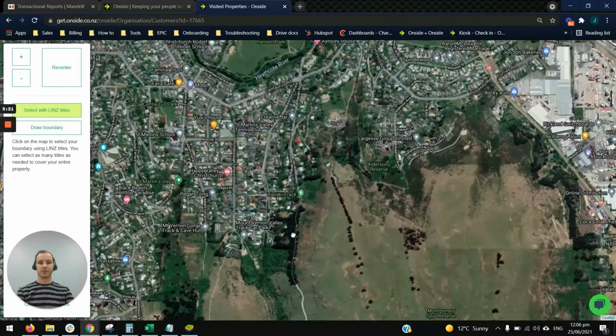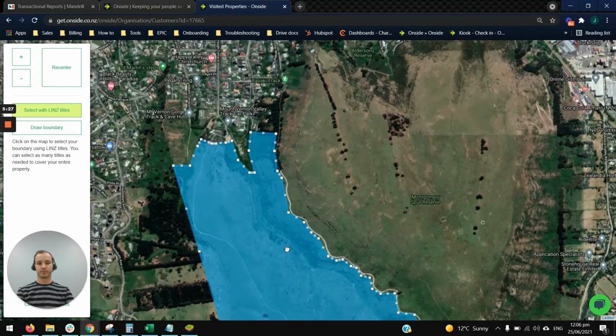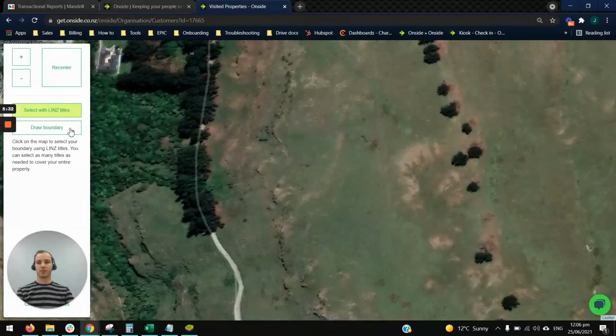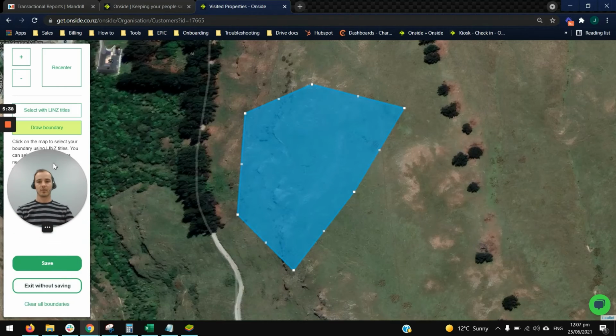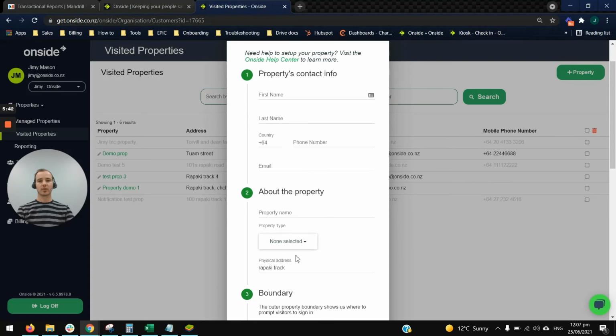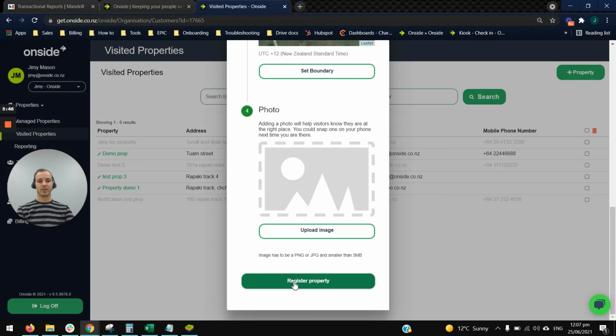Then it's a case of finding your property, which it should zoom into when you have the address correct, and choosing a LINZ title. I also have the option of drawing out the boundary if the LINZ title doesn't fit, so I can have whatever shape I want. So I'm happy with that. I'll go save. And then I'll complete the rest of the details, perhaps adding a photo and then registering the